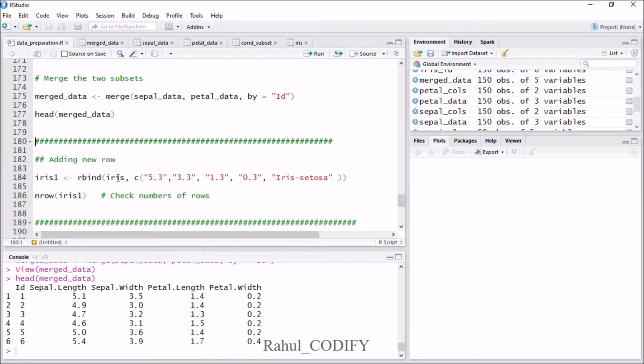Coming to adding a new row. How to add a new row? Sometimes you need to add some data inside your existing data set. For doing this, I am using the rbind function here, because I want to add the data row wise, not column wise. So rbind is a function, use the rbind function,